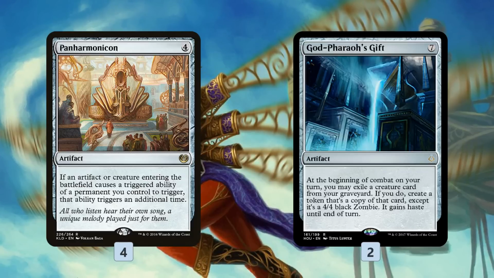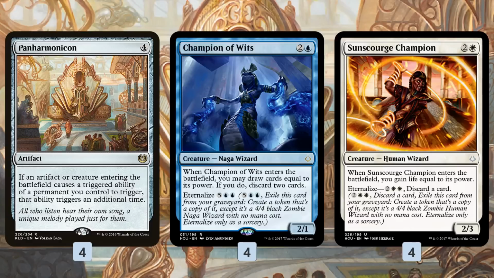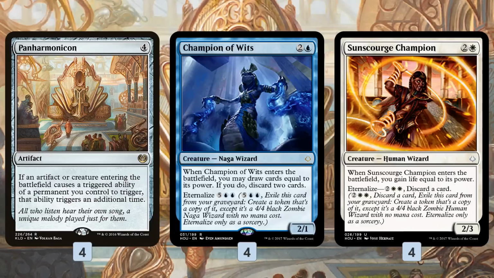So there's a couple more really key additions to Panharmonicon from Hour of Devastation, and those are Eternalize cards. So Champion of Wits and Sunscourge Champion are super key and important to this deck. Champion of the Wits gives us an okay front half. We draw 2, discard 2, but remember, we're actively interested in stocking our graveyard in this build of Panharmonicon because of our God-Pharaoh's Gift. So when we discard stuff, we can always get it back bigger in the late game,